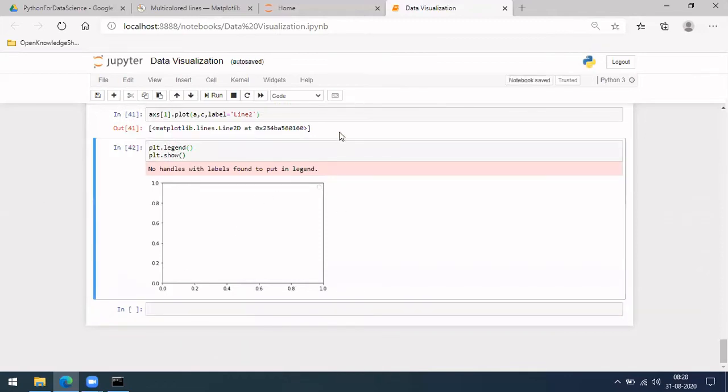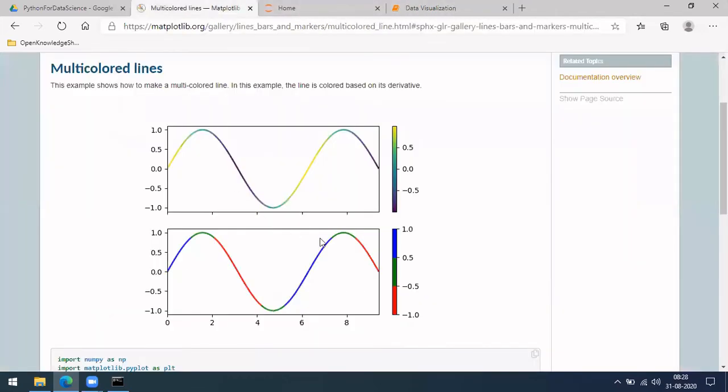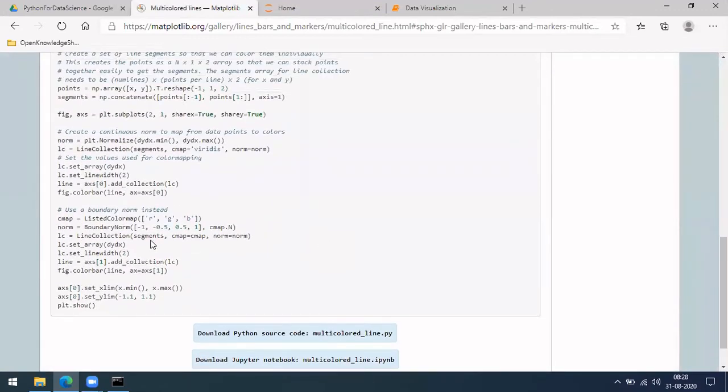One more thing, plt dot legend. We did not get anything. Just a moment. We have to add a collection. Where is it? Okay, fill. And here, if you see, ax dot add collection. It should be showing it, right?